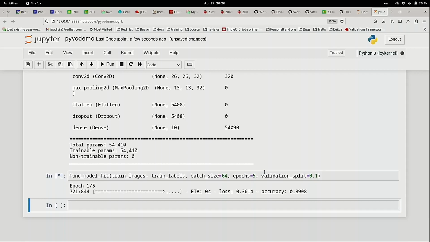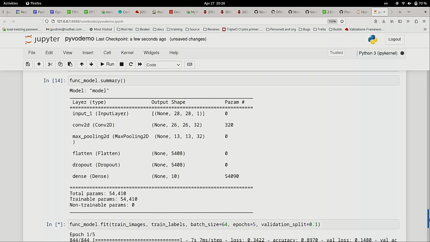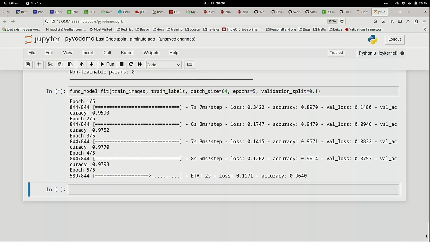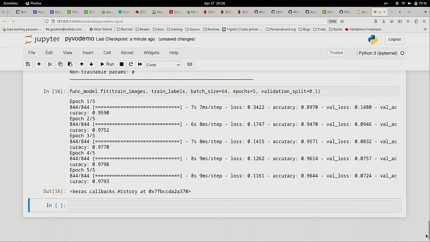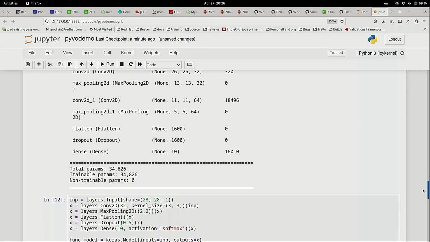So now we've made our first model with the functional API. And you can see it's not doing as well as the previous one. Even though it's not as smart, it actually has more parameters. It's because we haven't decreased dimensionality as much as we should have. So the last dense layer is getting a much larger number of inputs than in the previous case. It's not that the model is smarter, not at all, in fact. You can see the validation accuracy hanging around 97%, whereas in the previous case, at the 5th epoch,